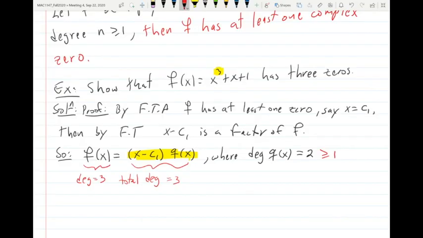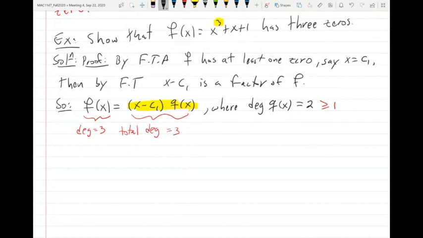All right, good. So the degree of Q is 2, and because it's at least 1, we can now use the fundamental theorem of algebra again. There is also a theorem called the fundamental theorem of calculus, but as you can imagine, that is for calculus. That's a different story and has nothing to do with this. So the fundamental theorem of algebra then gives